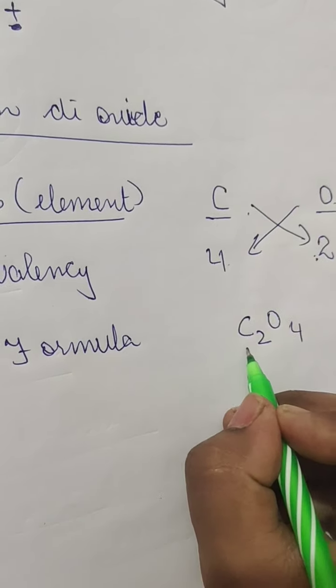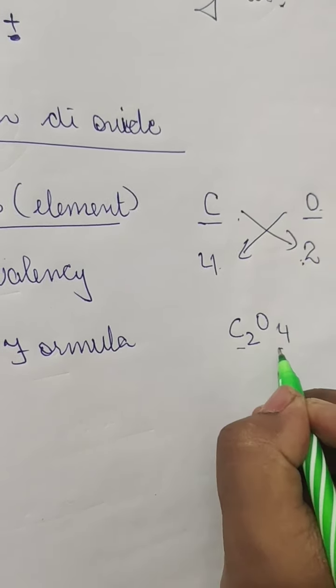No, because this can be simplified. It can be simplified to the simpler ratio. There was a point which I was telling you that whenever we take any ratio, it should be in simple terms. It can be cut in half, so it can be 1 and 2. So it will be C1 and O2. We will be halving this ratio because it's 2:4, so it can be 1:2. It means the same, so it will be CO2. Okay, this is a symbol.